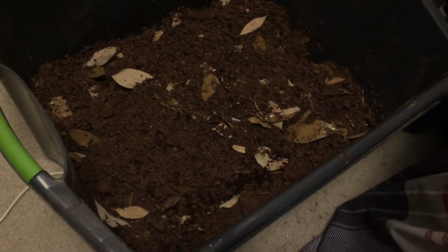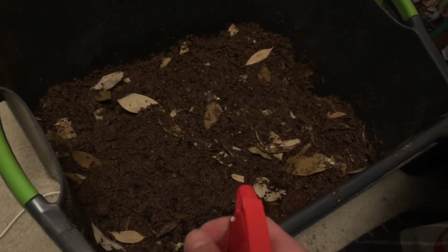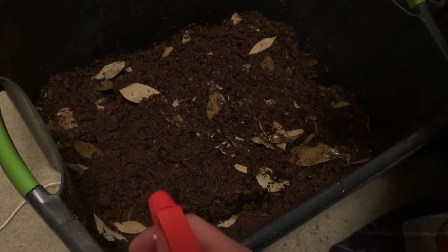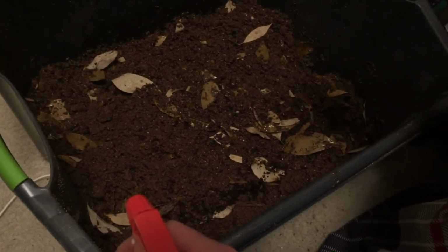Maybe not all of them, so you still have some. Oh no, see, here's the thing. If they breed in here, I could just literally dig out a small handful of soil, and then I'll be able to make an entirely new culture from that alone, because of how little these guys are. Hang on, let me see if I can...